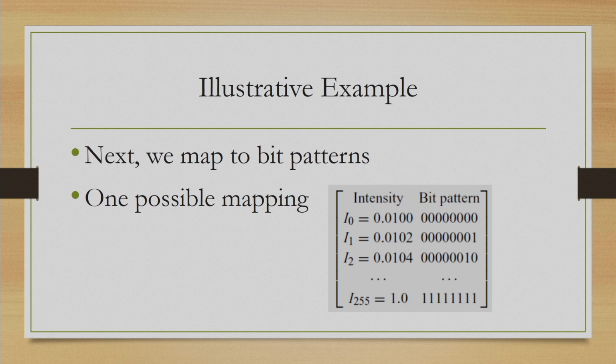In this table also we assign bit patterns. So, I0 we assign 000, I1 we assign this bit pattern, I2 we assign this bit pattern, and so on up to this bit pattern for the last value. This is of course one possible mapping. Now, assignment of bit pattern can be arbitrary. It really does not matter because it has nothing to do with the preservation of ratio.